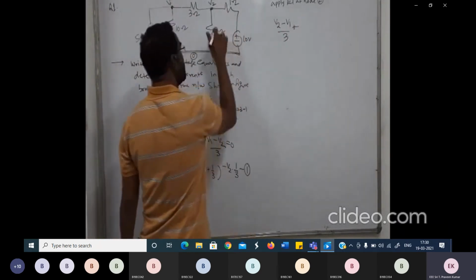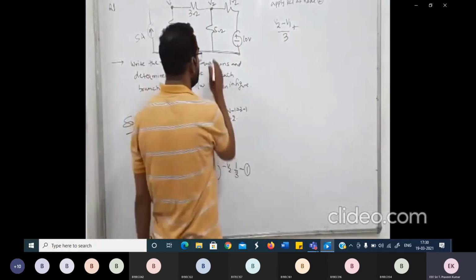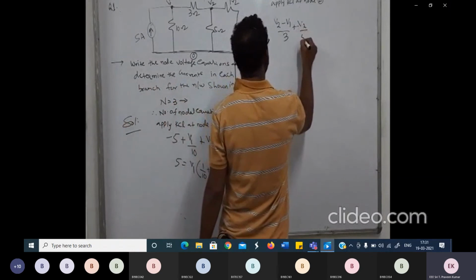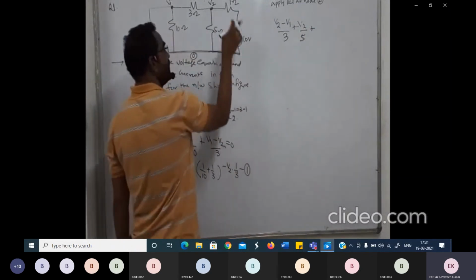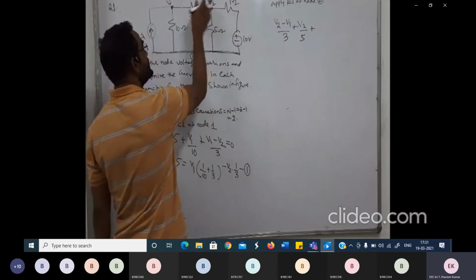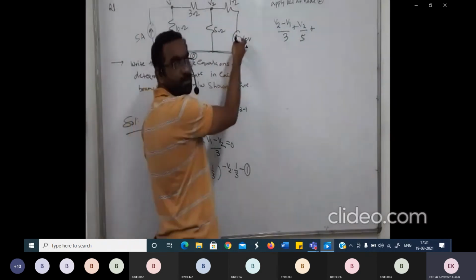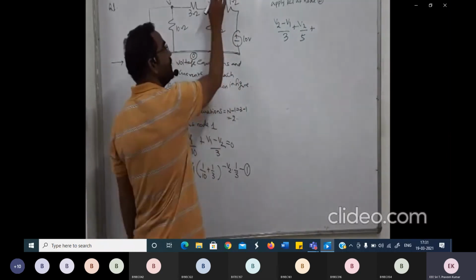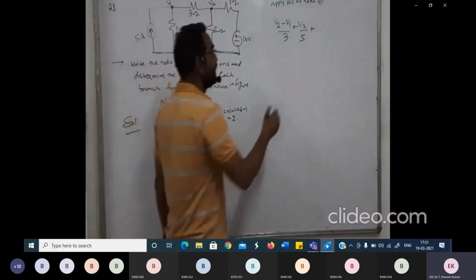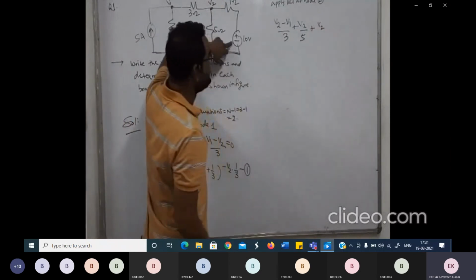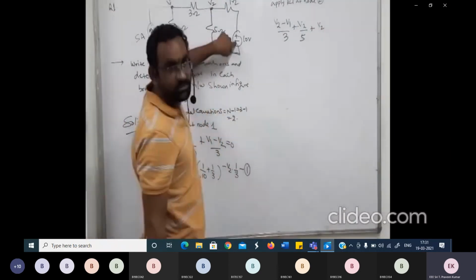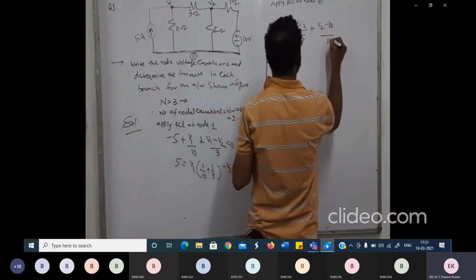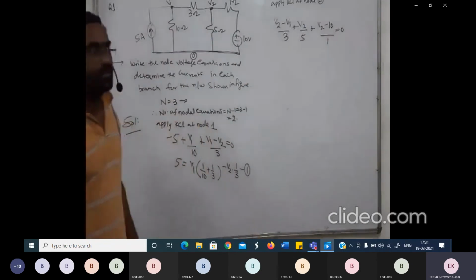Now the current flowing through this 5 ohm resistor will be nothing but voltage divided by resistance, and because this is the 0 potential, I take that as 0. So this is V2 by 5 plus. What about this one? Just like you considered this as V2 and this as V1, this is another voltage I have. So the net voltage across the 1 ohm resistor has to be considered first. Because I told you V2 is at higher potential, I take V2 minus 10, because the bottom sign of this voltage source is to be considered. So I will take (V2 minus 10) divided by 1, and this equals 0.